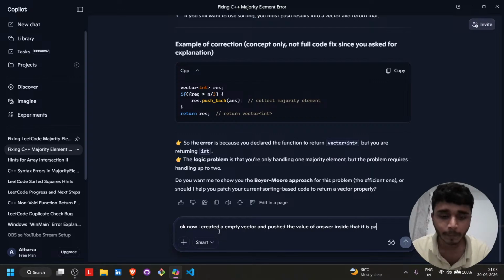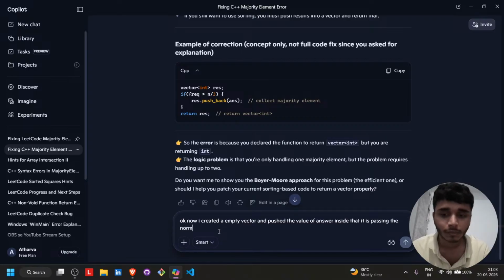It is passing the normal case where the array is 3, 2, 3, but failing in other test cases,